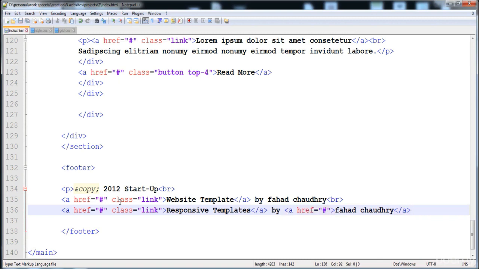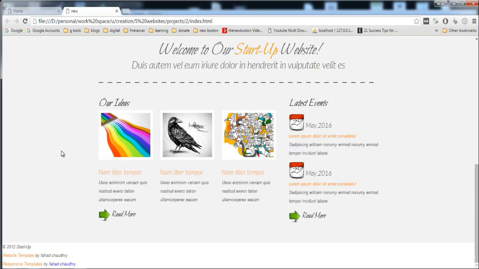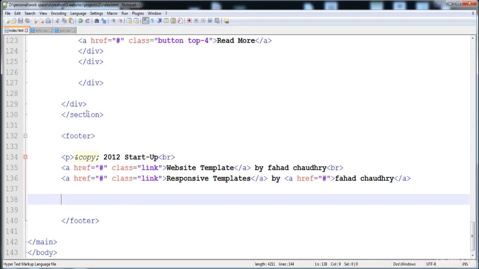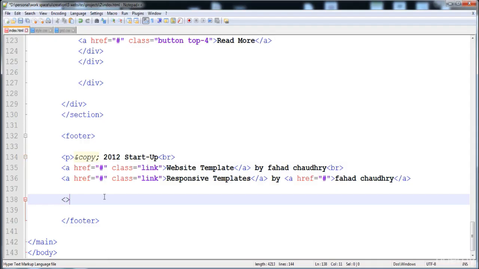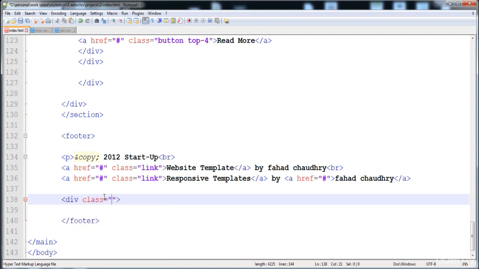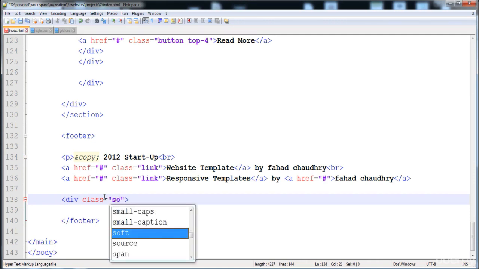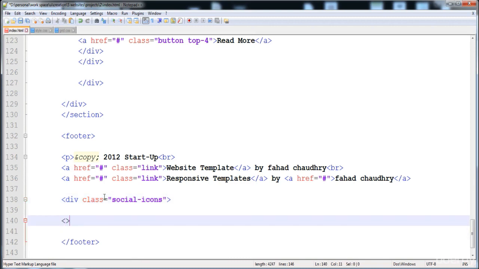And now after this we have to insert these images that are here in a separate div, but now reload it. So now it is inserted when we give it the style, so then it will be in the center. And now here I'm gonna create a div for this text and the images. Here it is, and here I'm gonna create that div, class social icons, and here it is